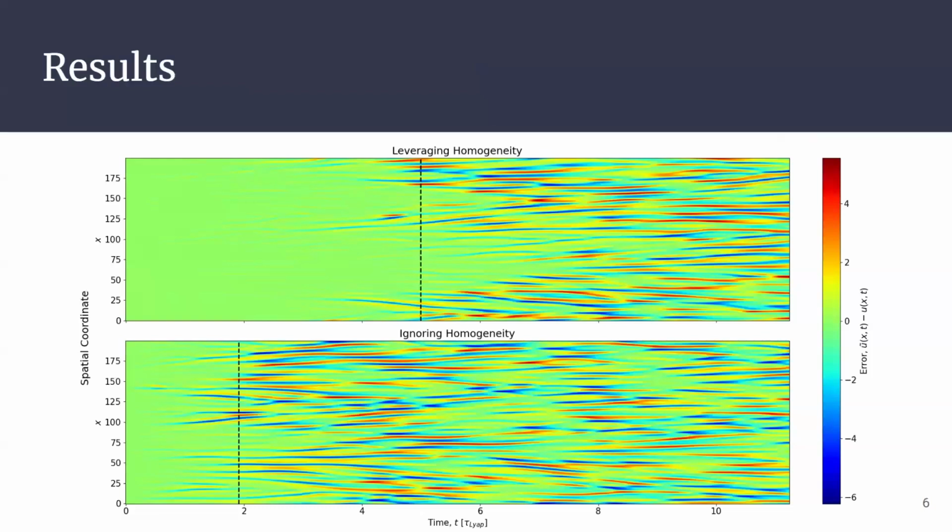We find that using this method that leverages homogeneity gives much better predictions compared to the existing method. These plots are the difference of the true evolution of the Kuramoto-Sivashinsky equation compared to our predictions. And we can see here this region where there is very little error compared to this older method that we have. These dotted lines represent the valid prediction time, which is the time after which our predictions diverge from the solution. That solution is no longer beneficial to be studied with these methods.